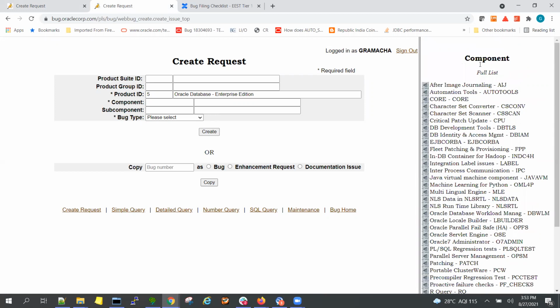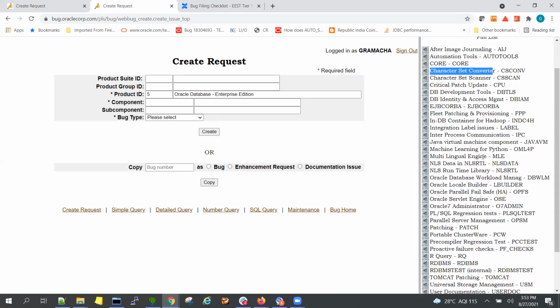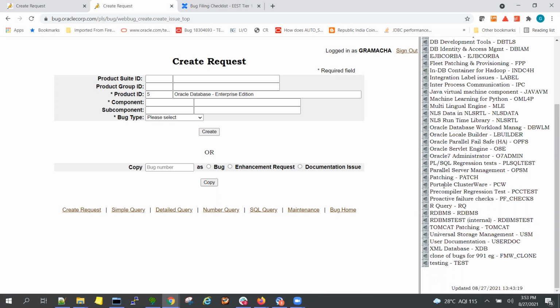This component is a bug component. For any issues related to character scanning, CS scan, you can use this bug component, but mostly we will be using RDBMS, which is the only area we use predominantly. So just push it from here.